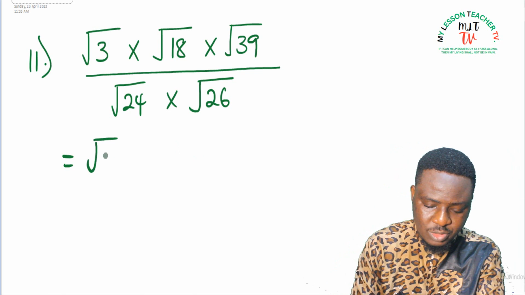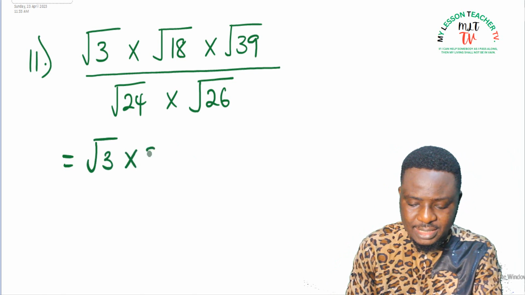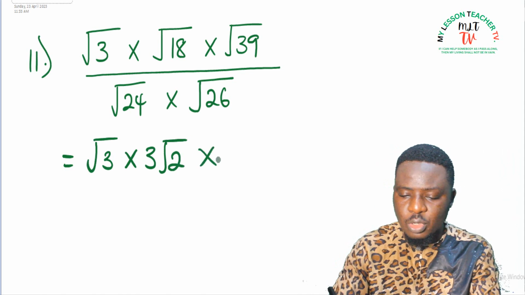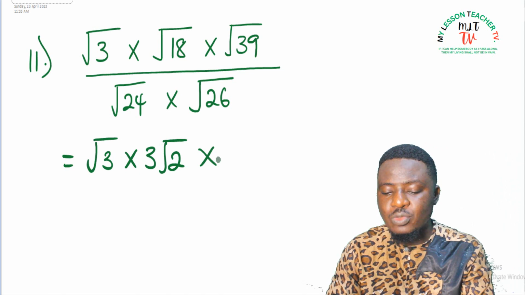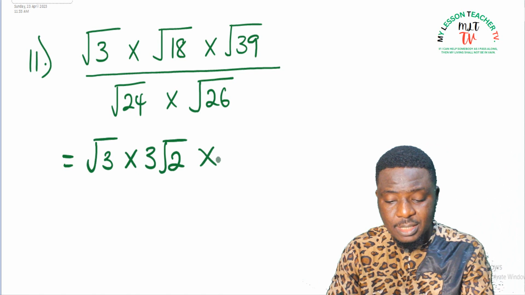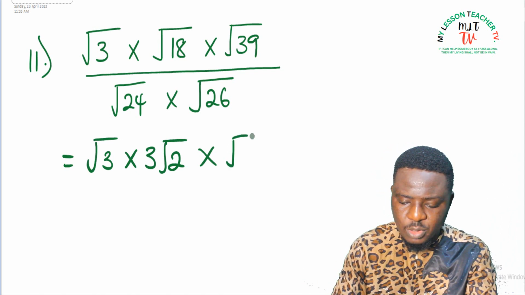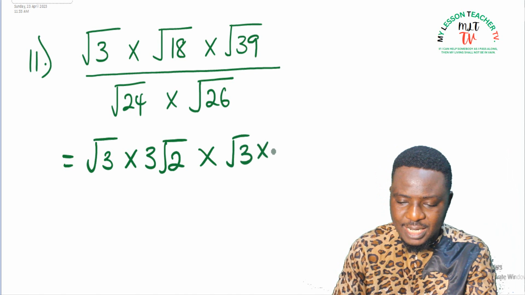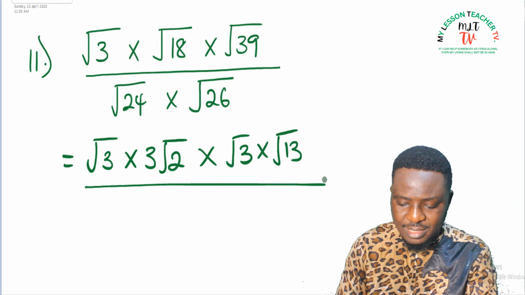So this becomes root 3 times root 18, which is 3 root 2, times root 39. 39 is a multiple of 3 and 13. So let me simplify it and see if something will come out from there. So this becomes root 3 times root 13 divided by